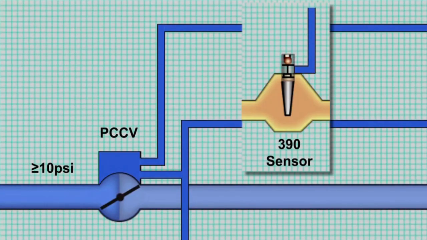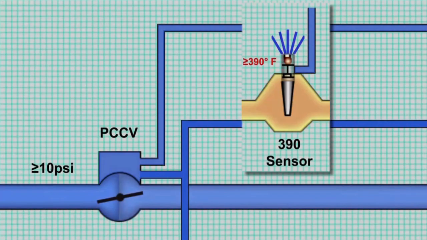When the bleed air temperature reaches 390 degrees Fahrenheit, the 390 sensor begins to open, reducing control air pressure. This causes the PCCV to open. When the bleed air temperature reaches 440 degrees Fahrenheit, the sensor will fully open, causing the PCCV to be fully open. As conditions change, the sensor will change the amount of control air vented and the PCCV will open or